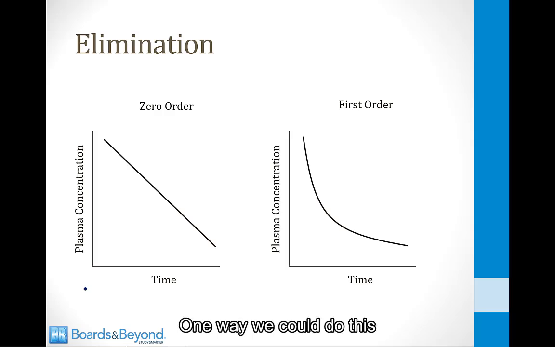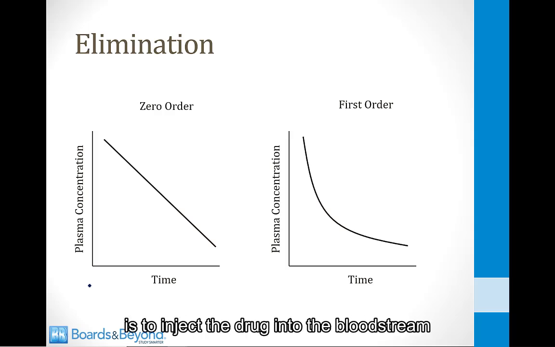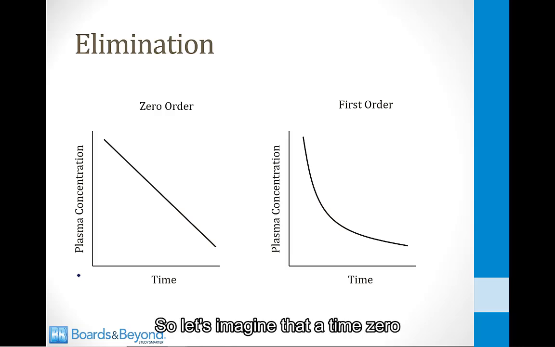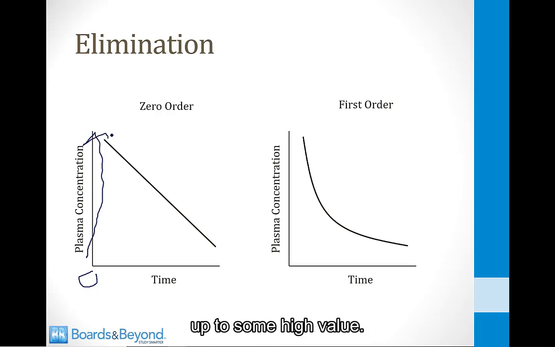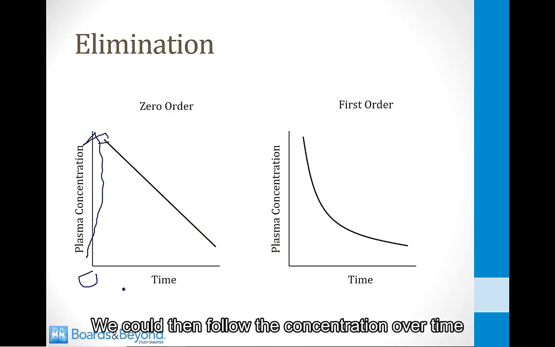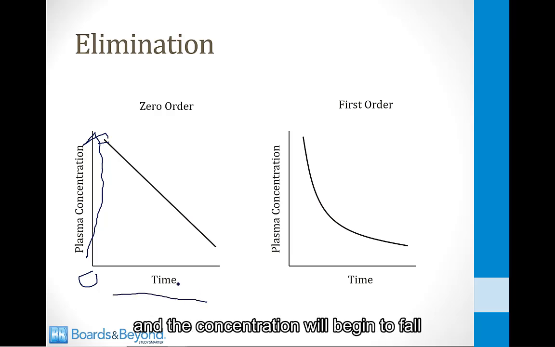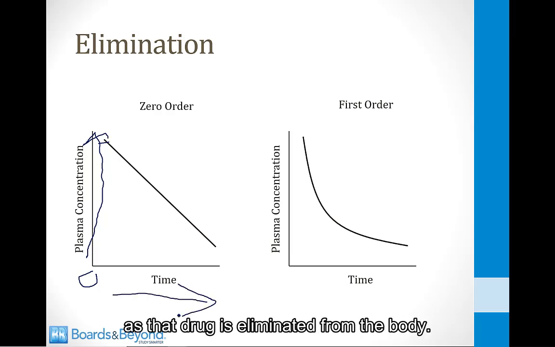One way we could do this is to inject the drug into the bloodstream and then monitor the concentration of that drug over time. So let's imagine that at time 0 we inject a drug into the bloodstream. Obviously its plasma concentration will rise up to some high value. We could then follow the concentration over time, and the concentration will begin to fall as that drug is eliminated